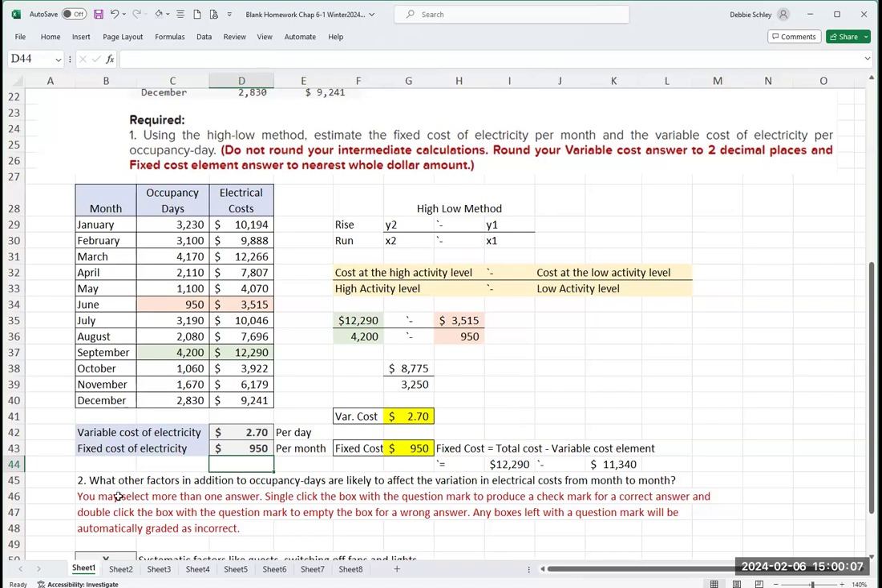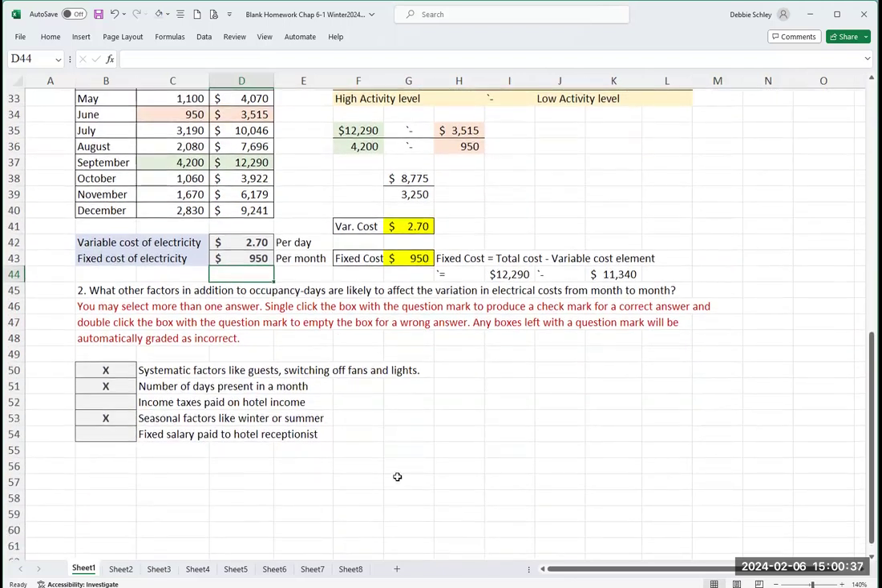So that's required 1. Required 2: what other factors in addition to occupancy days are likely to affect the variation in electrical costs from month to month? Now you're going to be doing this in the book where you're picking more than one answer, possibly. If you click the box once, it turns into a check mark. If you click the box twice, then it leaves it blank. If you leave it as a question mark, it will be marked wrong. So for this one,